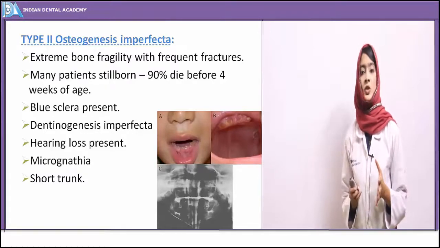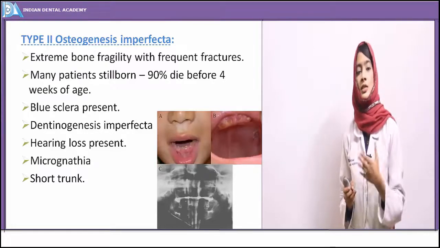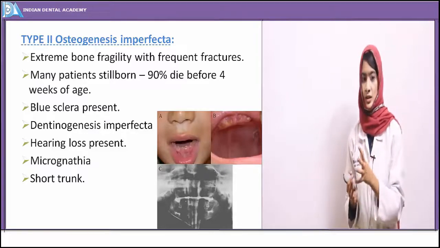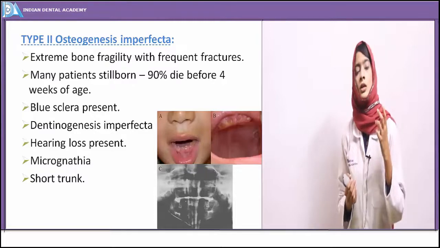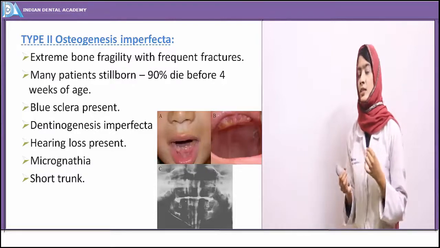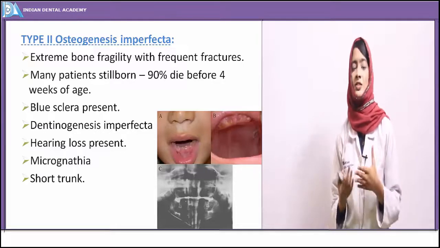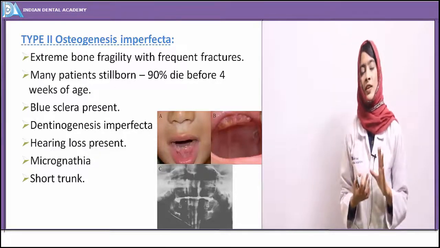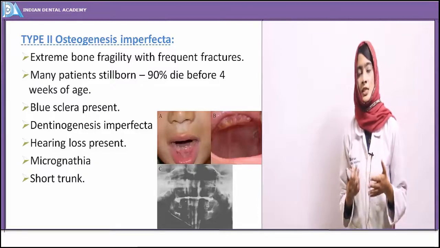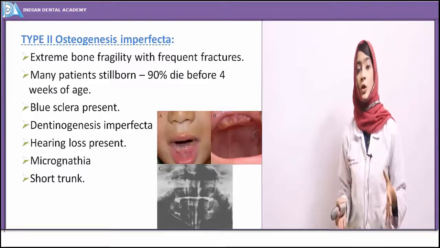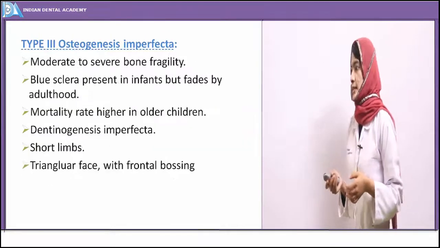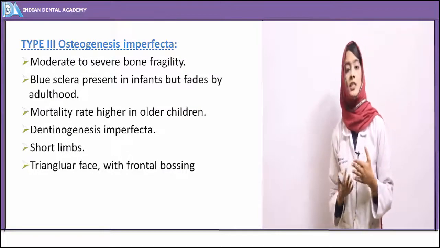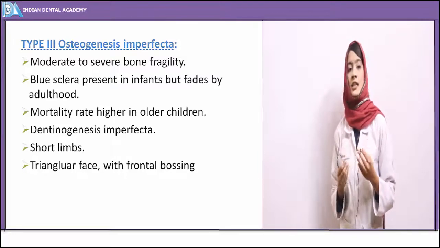These cases of type 2 osteogenesis imperfecta are diagnosed by ultrasound or USG, and even in clinical features we can see that 90% of the time the infant or baby is stillborn, that is, he may not be alive. Then the type 3 osteogenesis imperfecta, here there is severe bone fragility, and yeah, blue sclerae